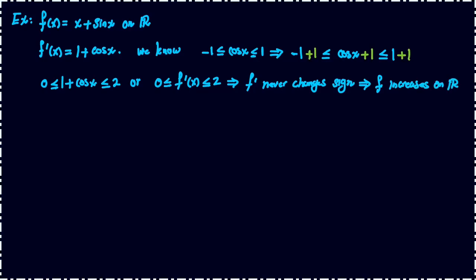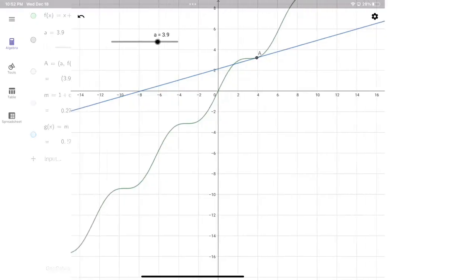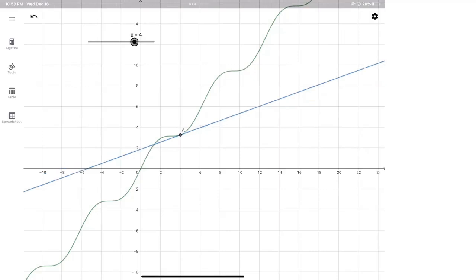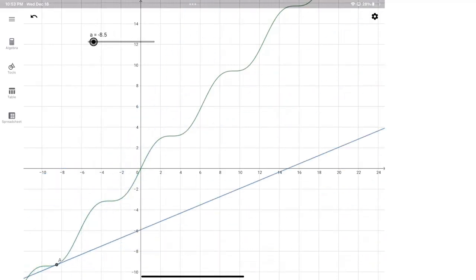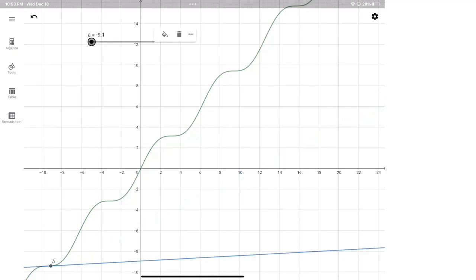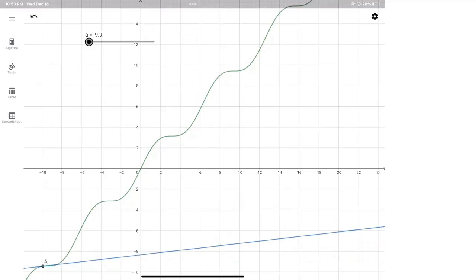And let me actually demonstrate this. Here I have the red graph, which is the graph of x plus sine of x. The blue line is the tangent line, and I am going to vary x's on the red graph. Therefore, you're going to see different tangent lines. Look at that. If I put the point at that location, point A, you could see that